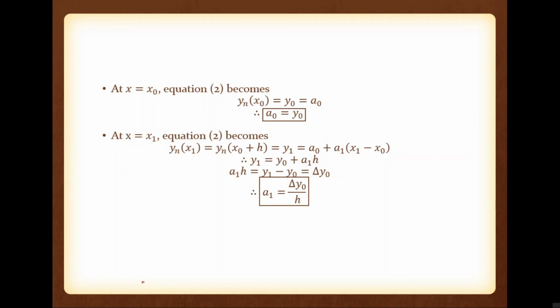Okay. So now at x equal to x2, what is the value of y of x? Or what is y of x2? That one is a given point. y is an unknown function whose given points are x2 comma y2, meaning y of x2 equal to y2. So now what about yn of x?